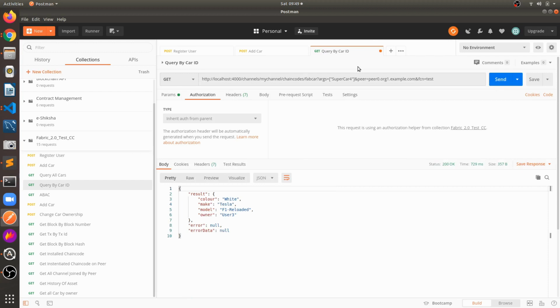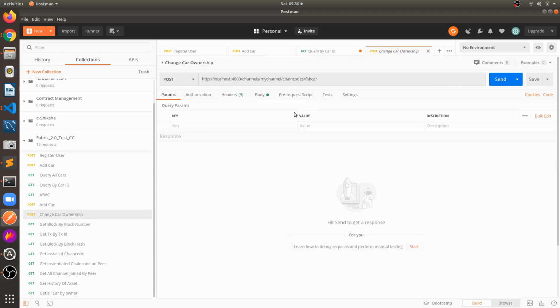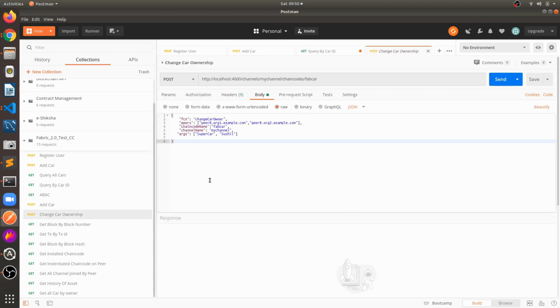Yeah, so we just queried that supercar 4 and the current owner of that car is user 3. Now let's change that user to 4, change car ownership. Here we are providing two arguments.